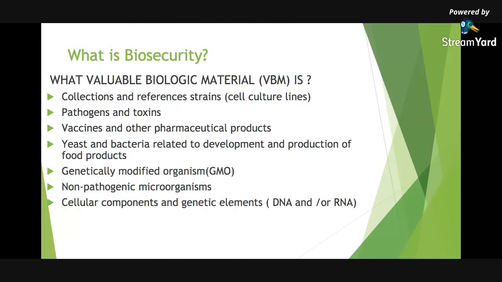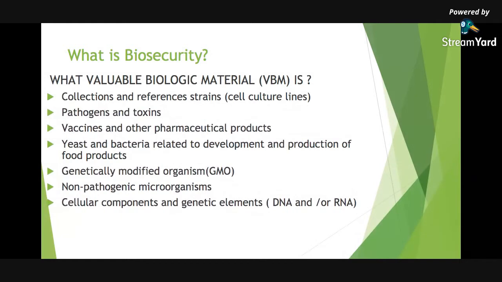The other things that you will find as valuable biological materials are pathogens and toxins. So COVID-19, they're probably going to be in a lab somewhere. These viruses, so that would be in a lab. Things like SARS, MERS-CoV, Ebola, hantavirus, all these different things, they have these in labs because they actually do research on them. But there's always that potential that these organisms or these agents can get out and actually make people sick or animals sick or even plants sick. You also have vaccines and other pharmaceutical products. A lot of the times the cures and the preventions for these particular pathogens are also located in those facilities as well. Things like the development and production of food products, genetically modified organisms, non-pathogenic microorganisms,